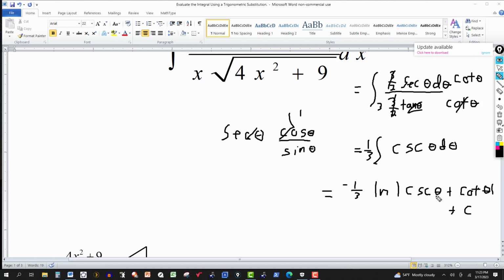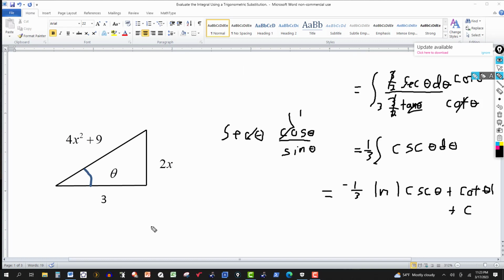The other thing we have to do now is just convert to the original variable. We have the answer in terms of theta. We want it in terms of the original variable, which of course is x. Let me put my equal sign over here. All I'm going to do now is just transform this expression here. So the answer then is going to be negative 1/3 natural log of absolute value of cosecant of theta. So you go to the triangle now. Cosecant of theta